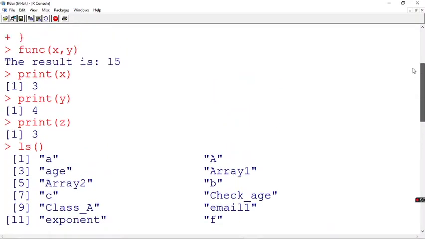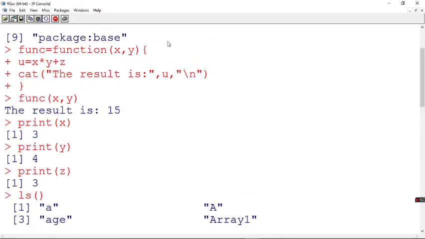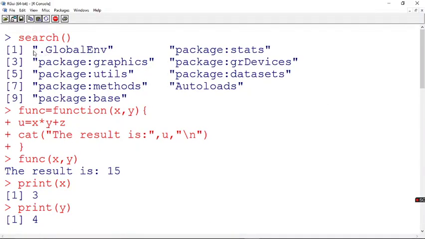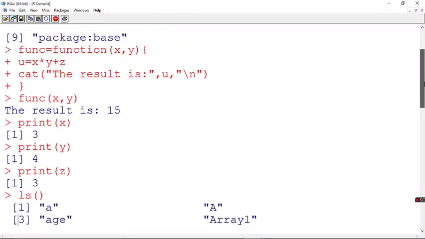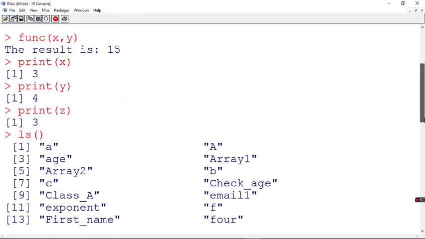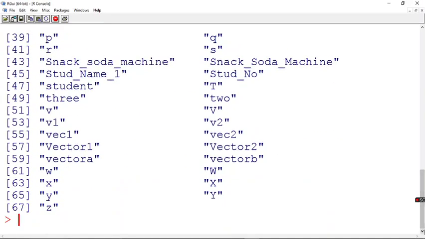So what had happened is, though I had not initialized any value for this z here, it went searching for it in your global environment. If there was a value for that particular free variable in the global environment, that value will be automatically taken and you will get the output. So this we call lexical scoping. This is the base of your scoping rule in R.